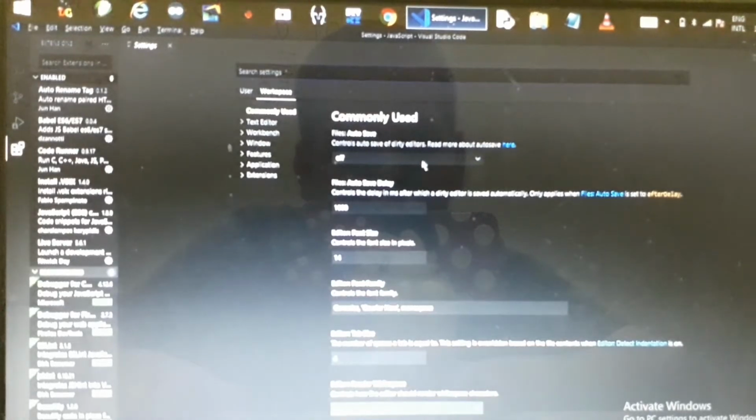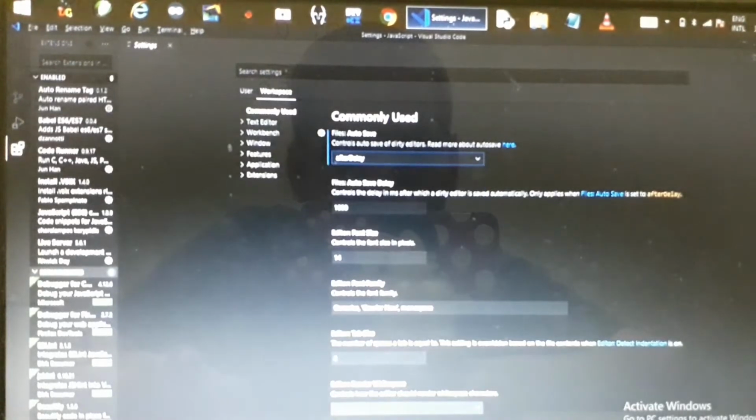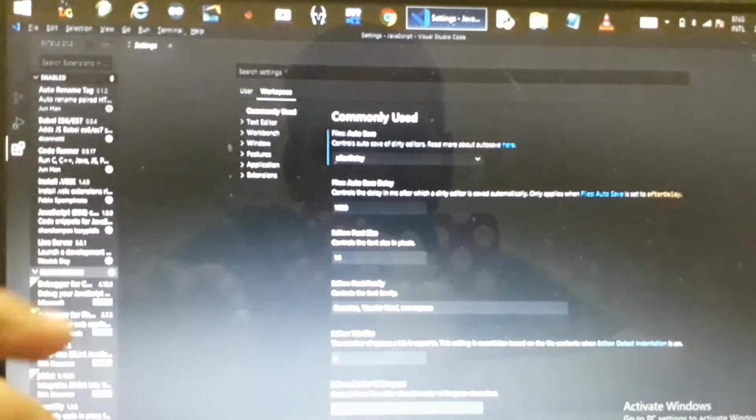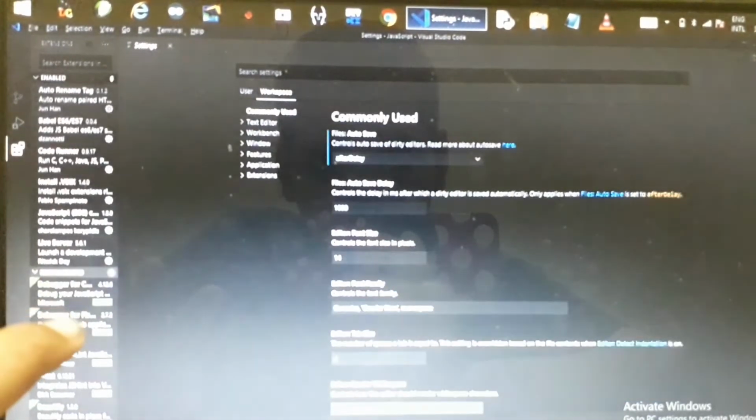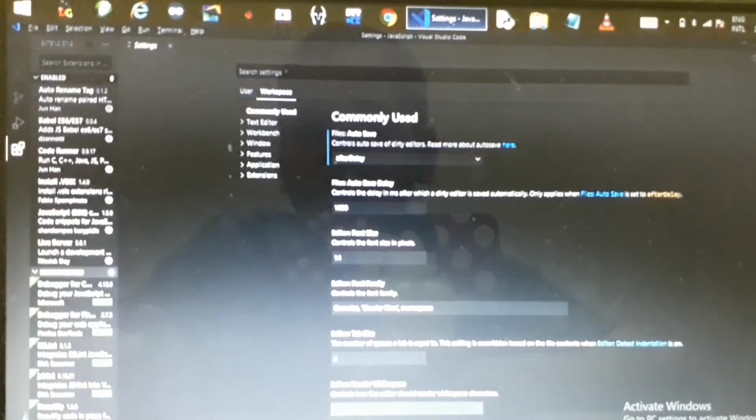So I want auto save after delay. And font size, this much size only I want. You can increase or decrease size by pressing control plus the plus sign. There are many settings here, like cursor blinking and all. You can just change your settings as you wish.